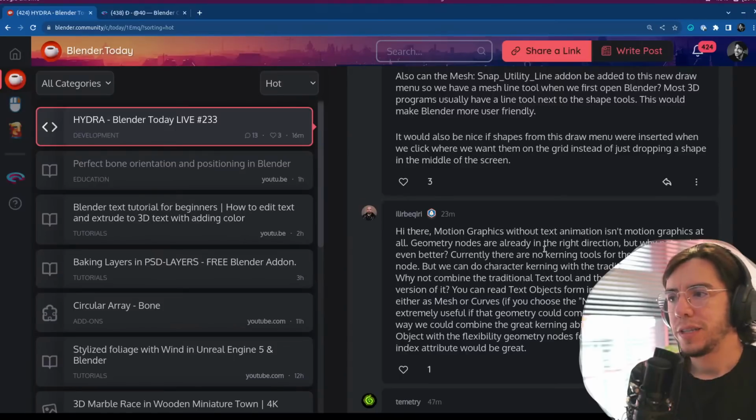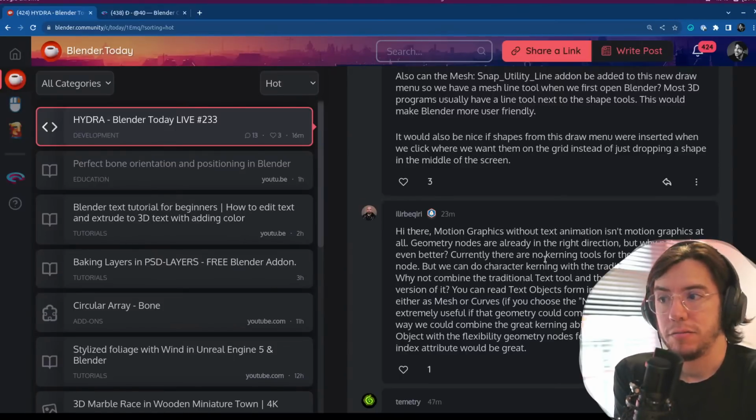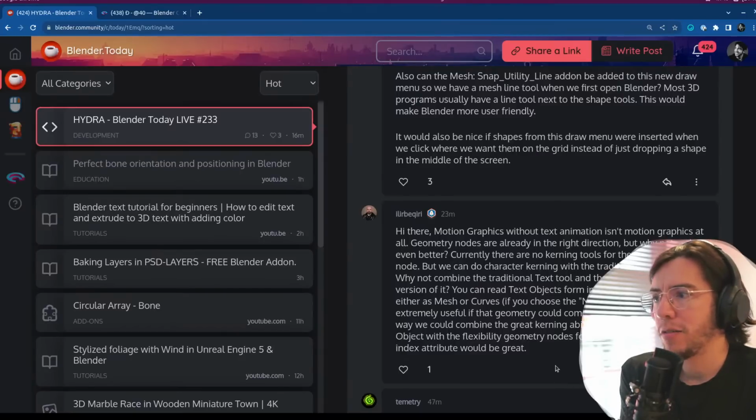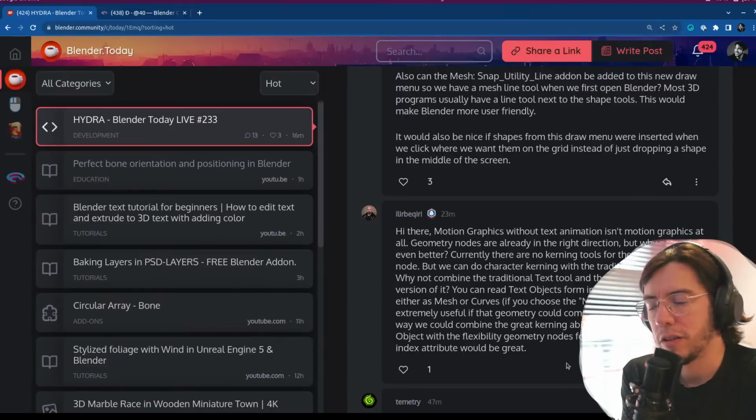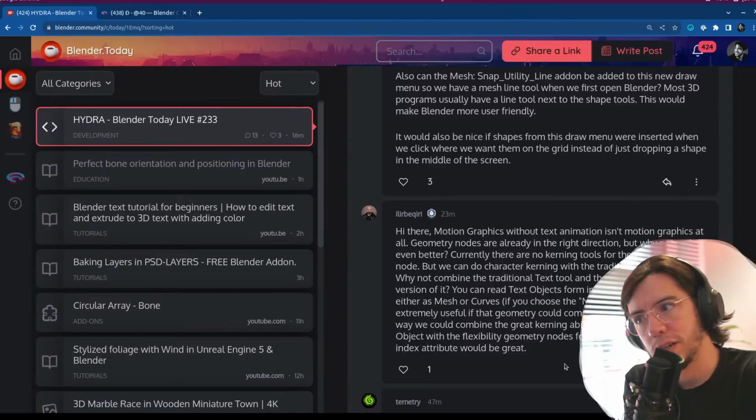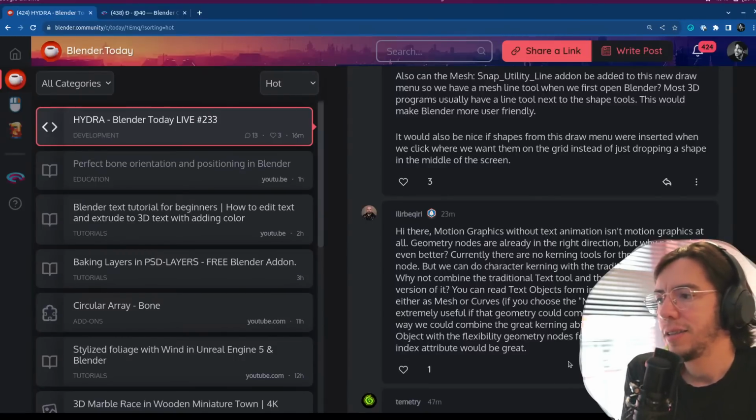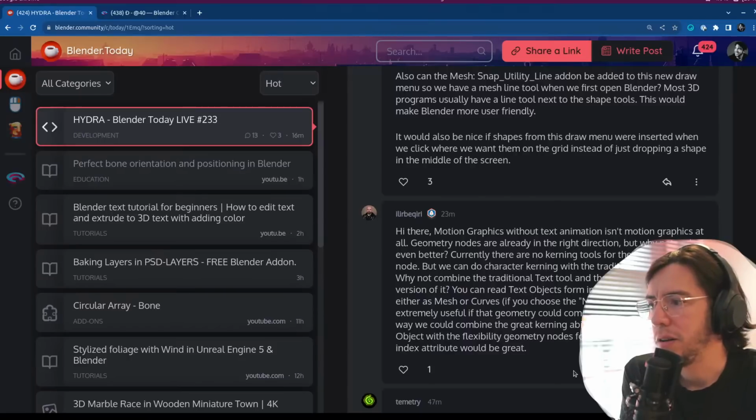Hi there. Motion graphics without text animation isn't motion graphics at all. Geometry nodes are already in the right direction, but why not make it even better? Currently, there are no kerning tools for the string to curves node, but we can do character kerning with a traditional text object. Why not combine the traditional text object and the geometry nodes version of it? You can read text objects from inside geometry nodes either as mesh or curves if you choose the non-fill option. It will be extremely useful. That way we could combine the great kerning abilities of the traditional text object with the flexibility of geometry nodes